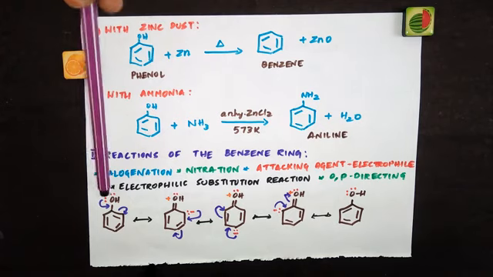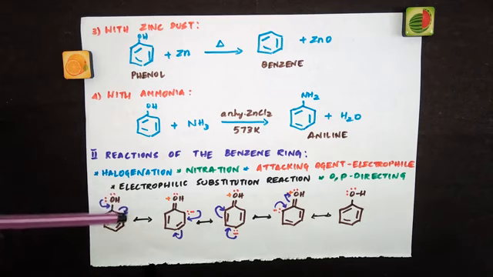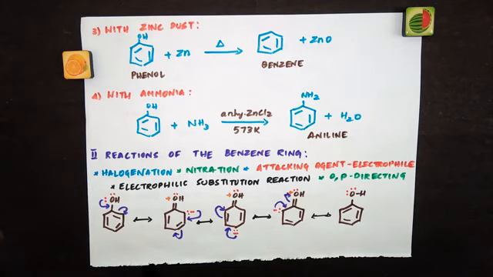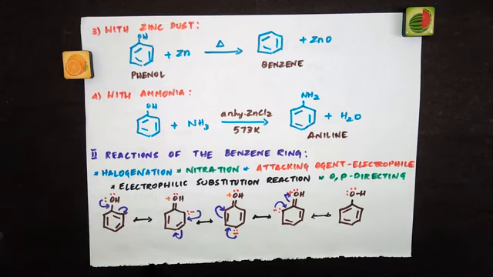The OH group attached to the benzene ring activates this benzene ring towards electrophilic substitution reaction, and it also directs the incoming group to ortho and para positions in the ring, because these positions become electron rich. Why do they become electron rich? Because of the resonance effect. Now see, OH is an electron donating group. So this is what happens, and this is called the resonance effect, and we have seen this when we learned about the acidic nature. So because of this resonance, now look at all the structures.